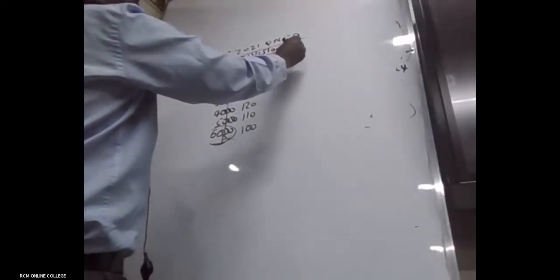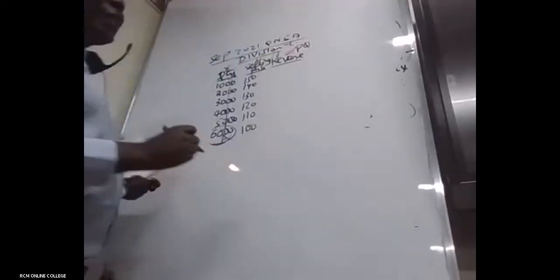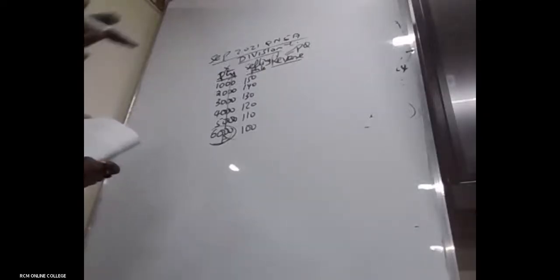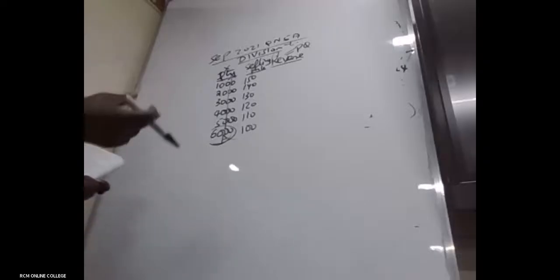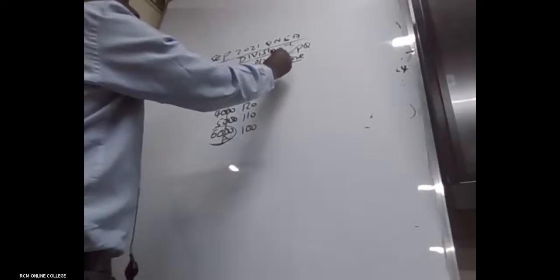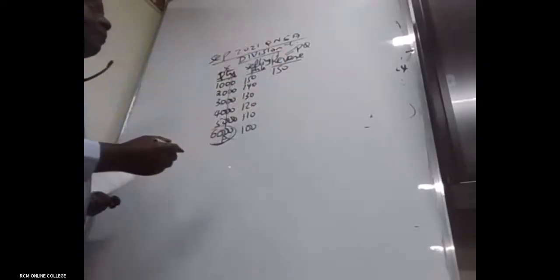How do we get revenue, my good friends? Price times quantity. Do we have these numbers to help you? I want to help you guys. So 1,000 times 150 in terms of thousands, the first one will be 150 in terms of shillings thousands. The second one,